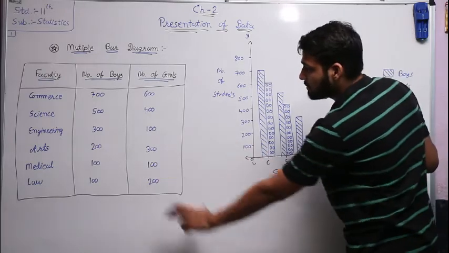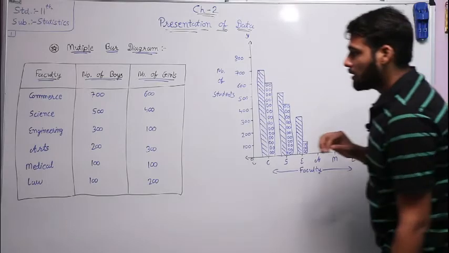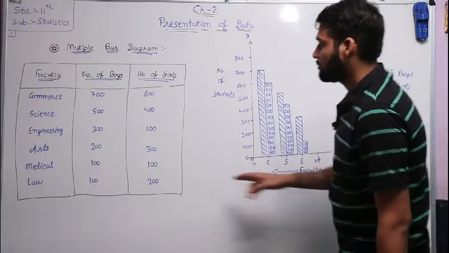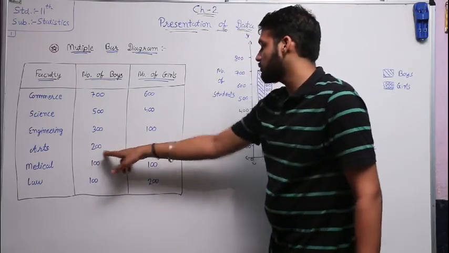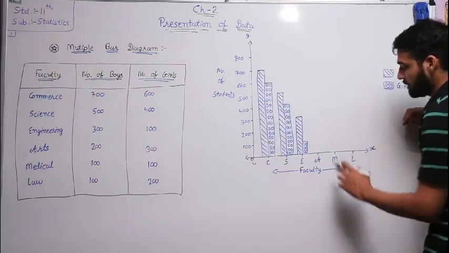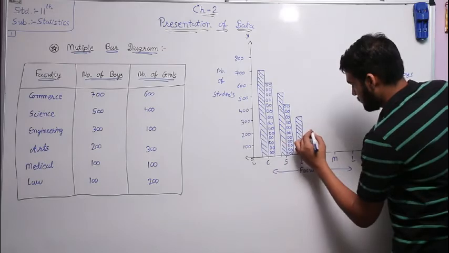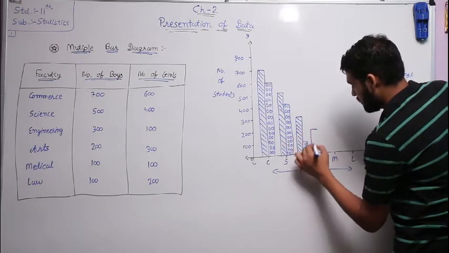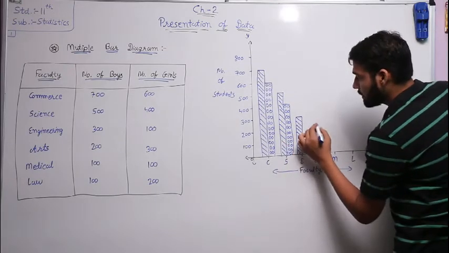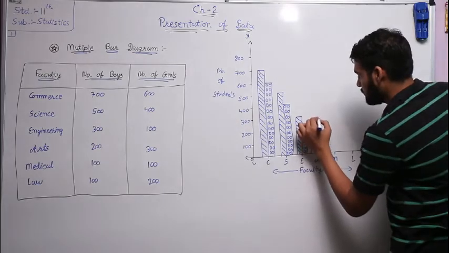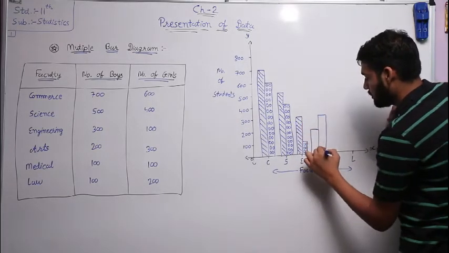Okay, in arts, okay, in arts 200, number of boys are 200 and number of girls are 300, that means 200 here and 300, that means here. Okay students,